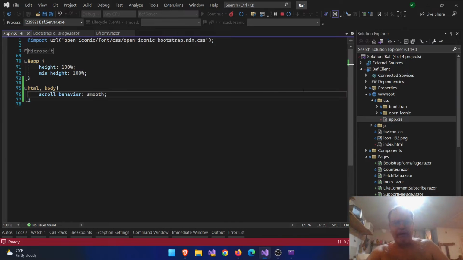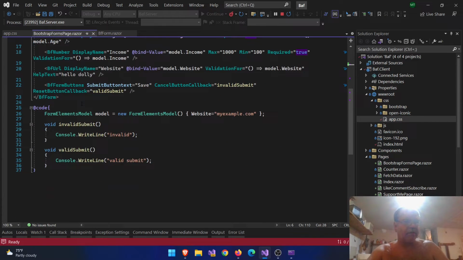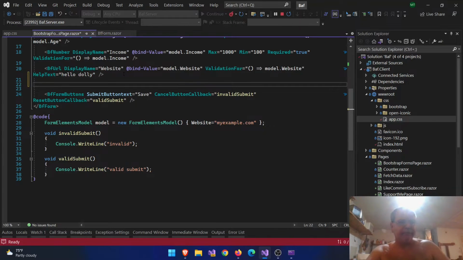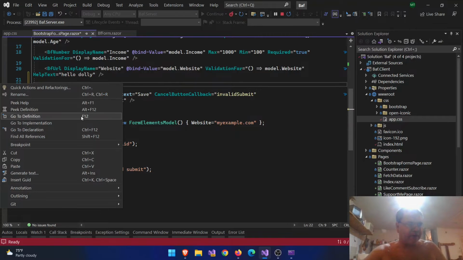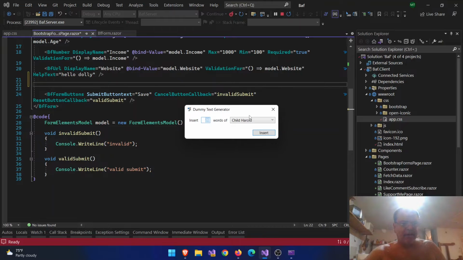I don't know if it made it into a clip or not. Let's see, BF forms. Bootstrap forms page. Yeah, I don't know if it made it into a previous. Mads Christensen's got this extension. I couldn't find it in here. Generate text. And you can use,